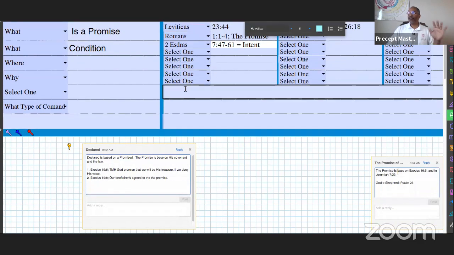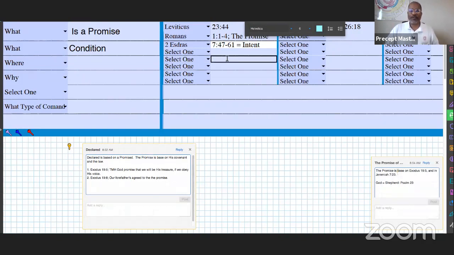Okay, so it was able to work. So that works out. Now we know that condition, and that was the intent. So we need to find out some other things on this condition. We need to understand what those conditions are.